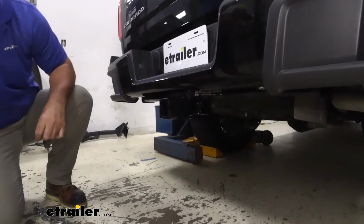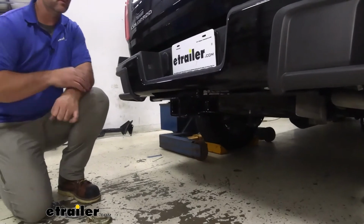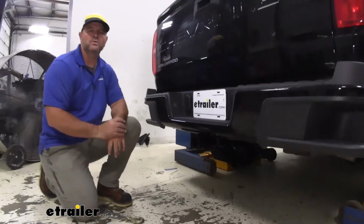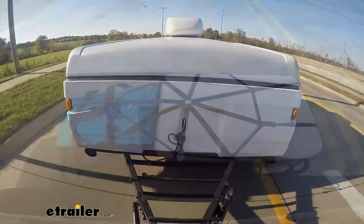The hitch is going to be a steel construction. Black powder coat finish is going to hold up really well against rust and corrosion. This hitch is going to be designed for towing. It's not only going to be designed for towing, but it's also going to work great for cargo carriers and